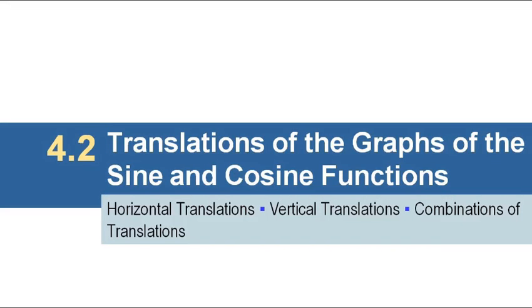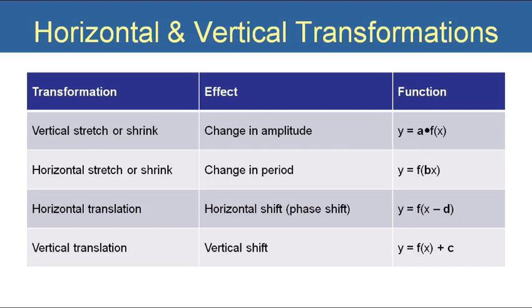In this lesson, we're going to talk about how to do horizontal translations and vertical translations on sine and cosine graphs, and then we're going to combine those and do them both at the same time. So here we go. Just kind of as a review, we learned in the last lesson that when you have